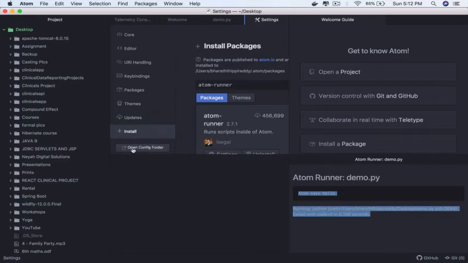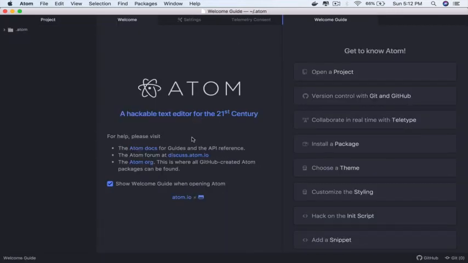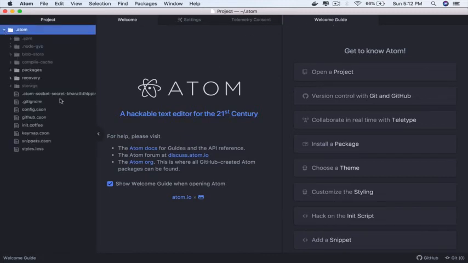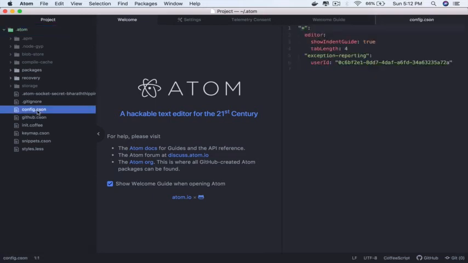You see this here at the end, Open Config Folder. Click on that. That will open the configuration for you. On the left side, open this. Go to config.cson. It's a configuration file, config.cson. This is only for Mac. For Windows, you are all set. You can go ahead and start coding.